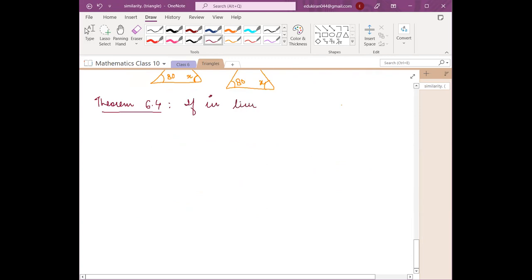If in two triangles, sides of one triangle are proportional,